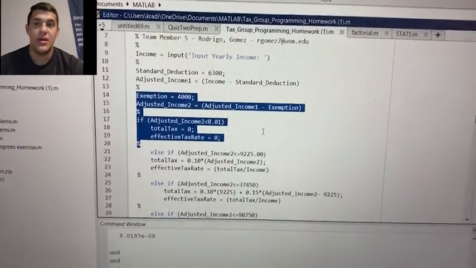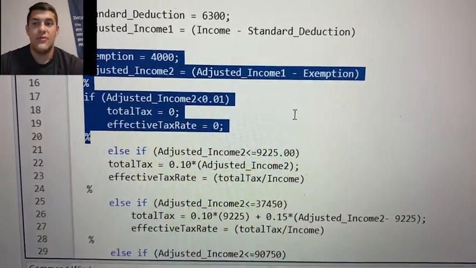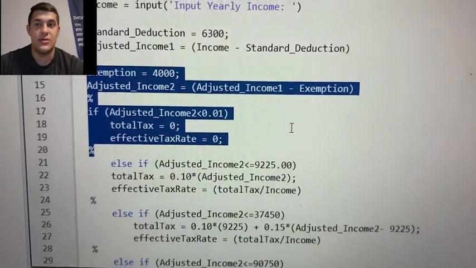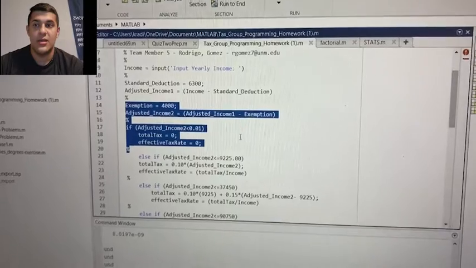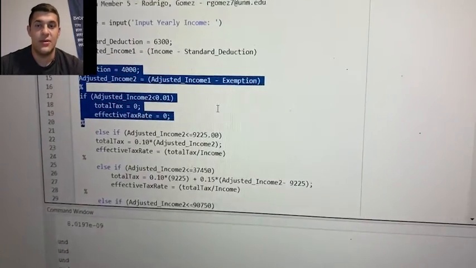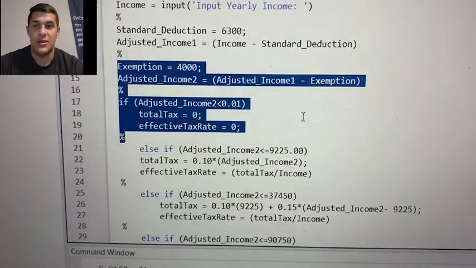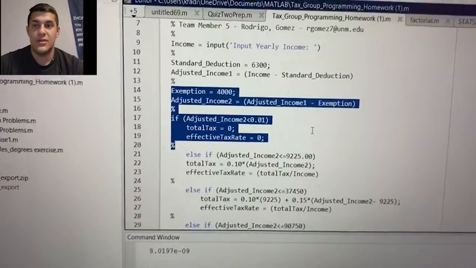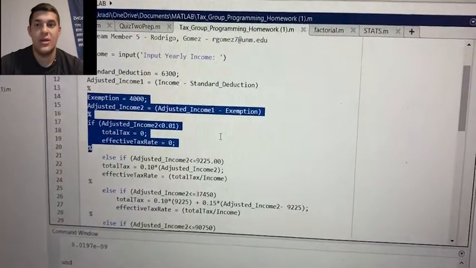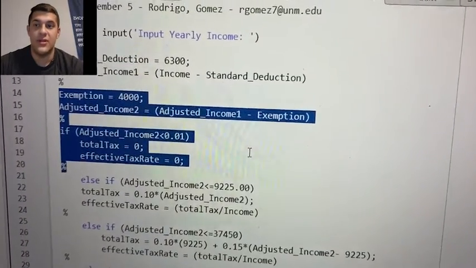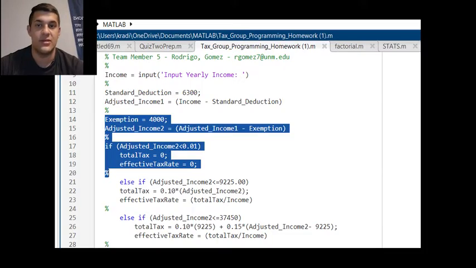Jeremiah Martinez, and I will be talking about the else-if statements for adjusted incomes. If the adjusted income 2 is less than or equal to 9,225, then the total tax is 10% of the adjusted income, and the effective tax rate is the total tax divided by the income. If the adjusted income 2 is less than or equal to 37,450, the total tax is 10% of the adjusted income plus another 15% of the adjusted income minus